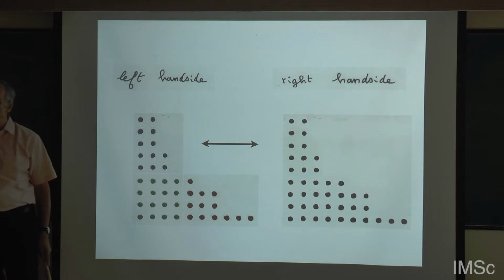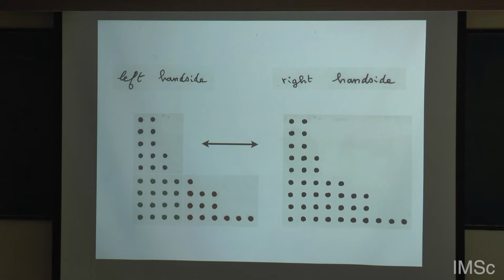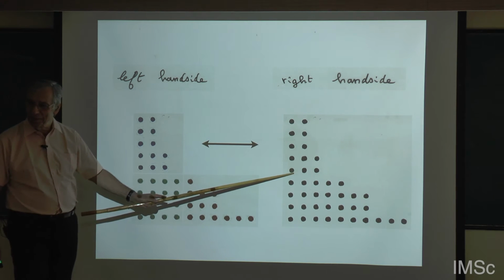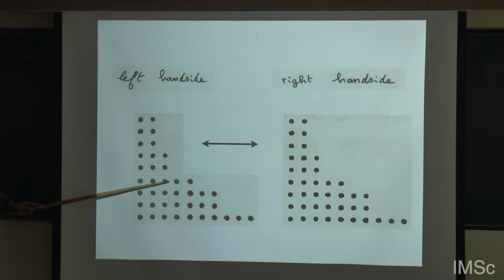I have to say something more. What does the identity mean? The identity means that if you take a Ferrers diagram like this, you take the biggest square you can find in the Ferrers diagram. Here it's a 4x4 square. If you take the biggest square, what remains is two Ferrers diagrams, one having at most m columns and one having at most m rows. That's very simple. Take a Ferrers diagram, the biggest square, the decomposition is very simple.